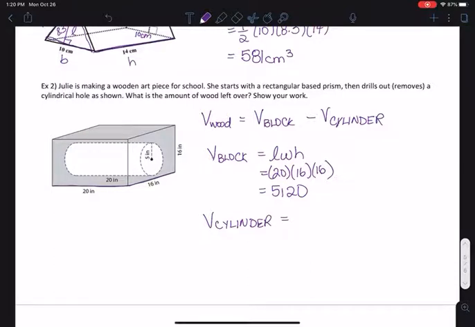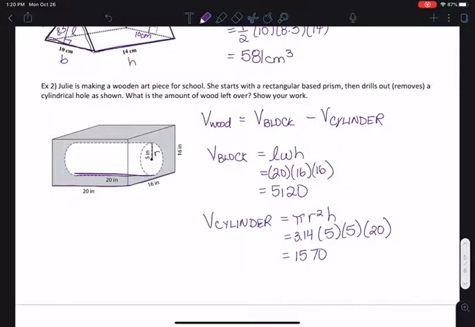The volume of the cylinder is, according to our formula sheet, pi r squared h. So what are those pieces? Well, r is the radius of the circle, so r is 5. So pi is 3.14, r is 5. And then we're squaring that, so I'm just going to multiply 5 by itself. And then the height, this is again sideways, is the 20 inches. So we type that all into our calculator, 3.14 times 5 times 5 times 20, and we get